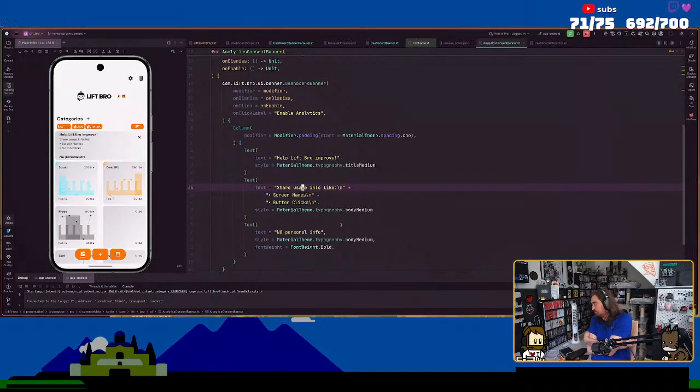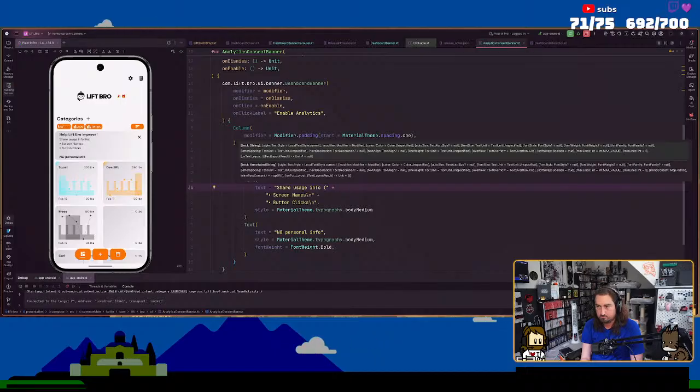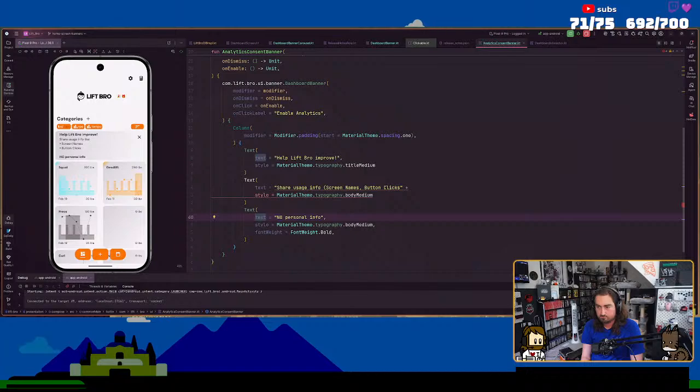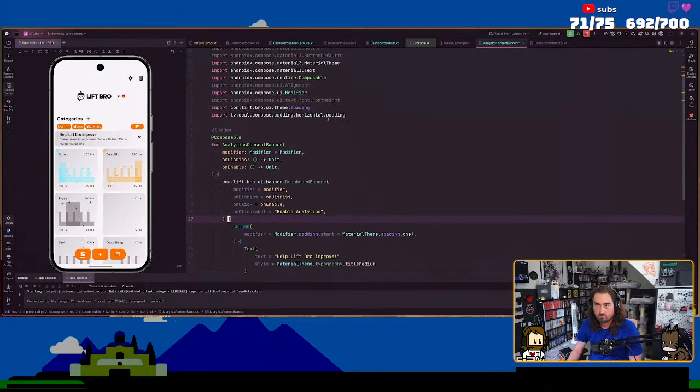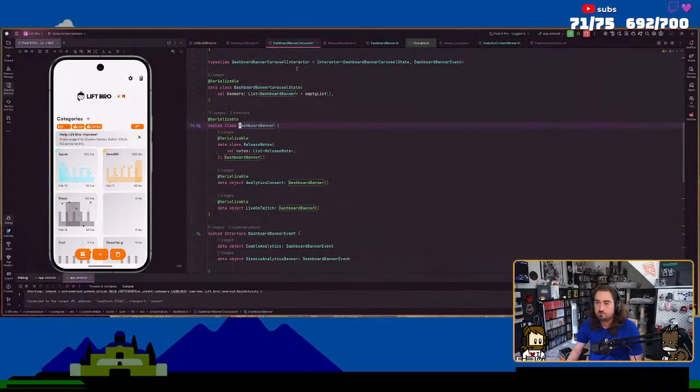Share usage. What did that thing say? I am going to also go here.